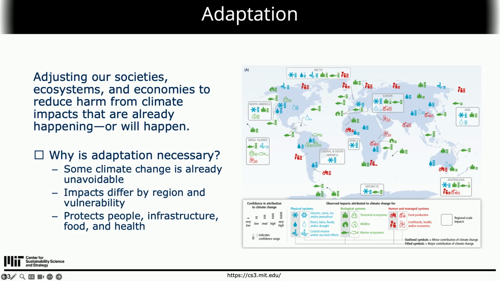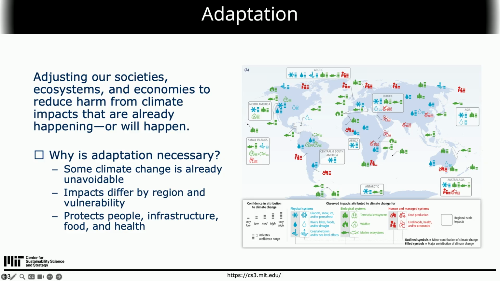So these human-induced impacts of climate change are already happening, and we want to protect ourselves, even though we cannot do anything now to avoid them. We want to avoid them, of course, because it's harmful for our health, for our infrastructures, our buildings. And there are also impacts on food, on agriculture and such.